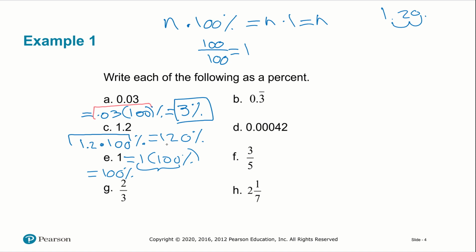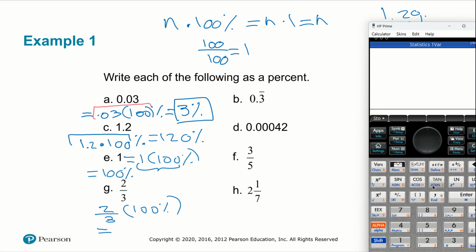All right, so for fractions, you don't need to treat them any differently. We're just going to take 2/3 and multiply it by 100%. Our assumption at this point in the class is you do know how to do basic operations, so we're going to go ahead and utilize a calculator. All right, so we're going to enter 2/3. I'm going to go ahead and use a parentheses to keep it nicely together like this. And then we're going to exit the